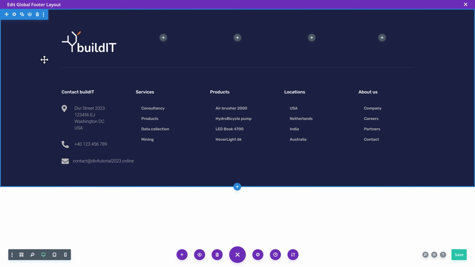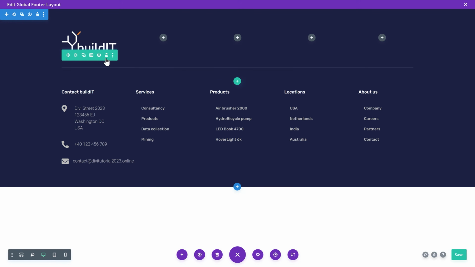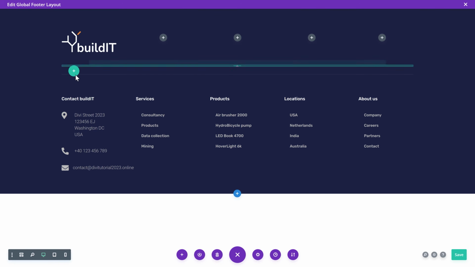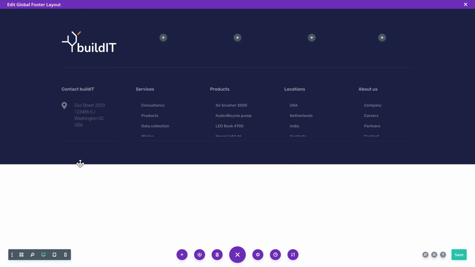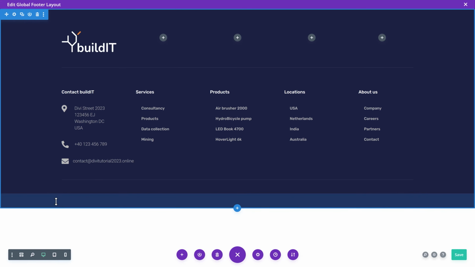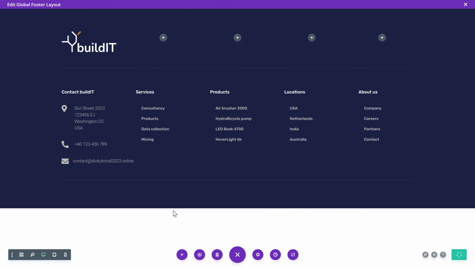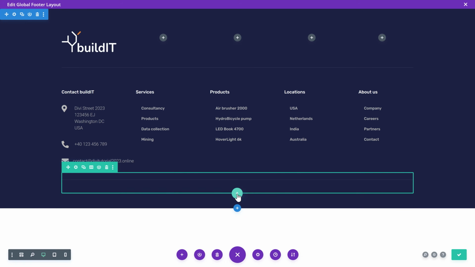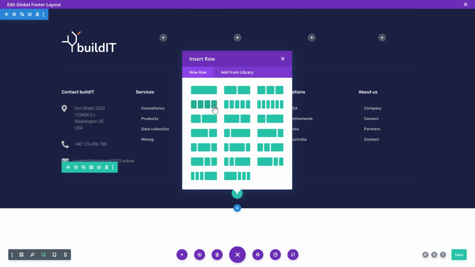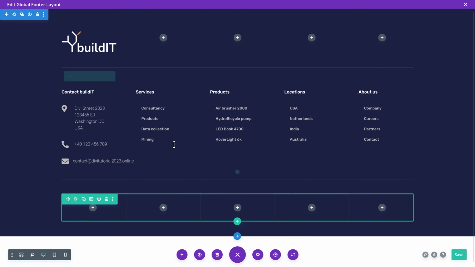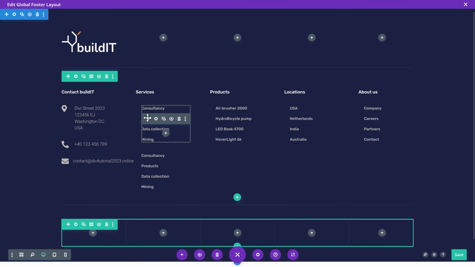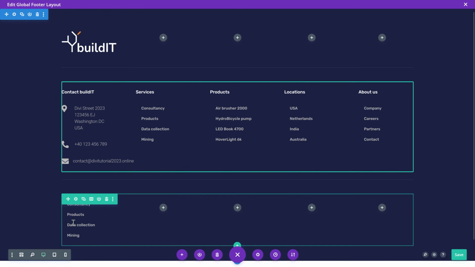Right, this is really starting to look like a beautiful footer. What are we going to do? We're going to copy this entire row, duplicate it, and then drag it over here. So we have another divider that looks great. Because the last thing we are going to add is, of course, a new one with also 5 of them. And because I'm a little bit lazy, I'm going to duplicate this, drag it over there,